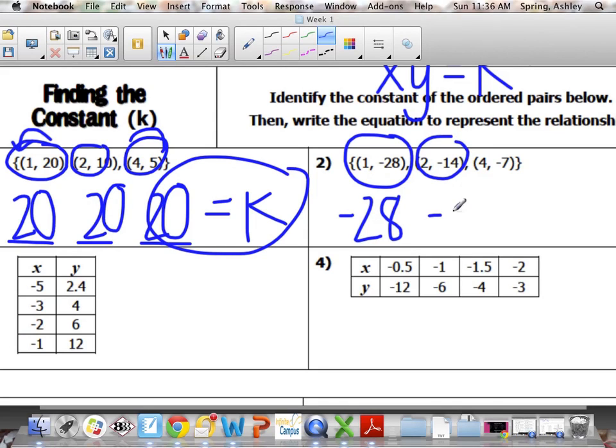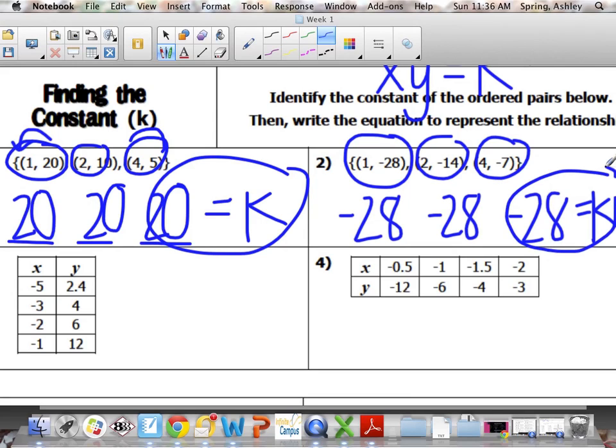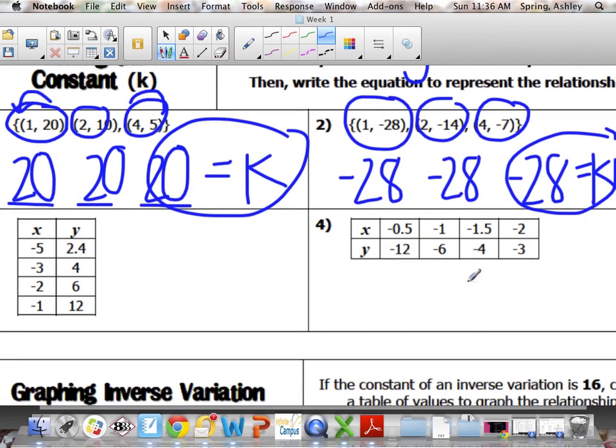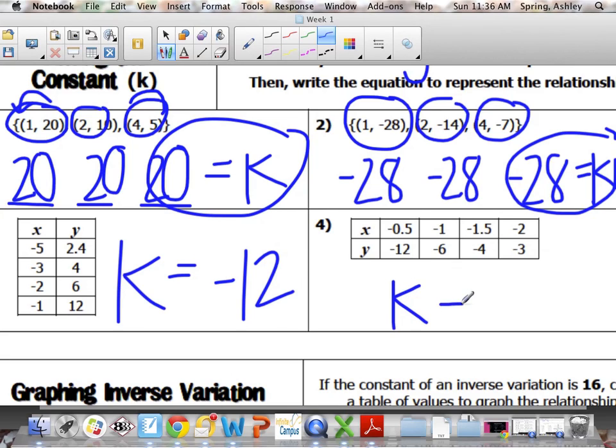I notice that each one of these ordered pairs has a product of negative 28. So therefore, we can be sure that this is inverse variation, and we can find our constant is negative 28. Go ahead and pause the video, do numbers 3 and 4, come back when you want the answer. Alright, you should have gotten a constant of negative 12 and a constant of positive 6 for numbers 3 and